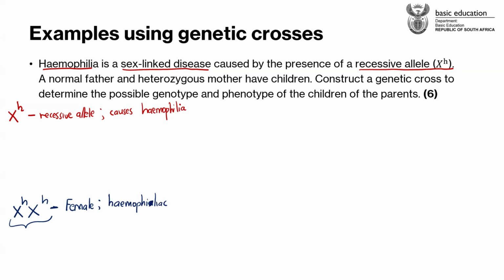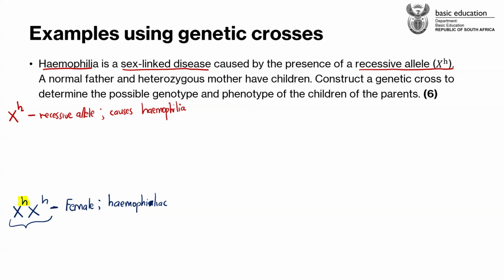So this is a female and she is hemophiliac. So it means that she has got a condition, hemophilia. Right. She's a female. She has got a condition, hemophilia. How did we see that? You guys can see properly here that we have got a recessive allele. If you just focus on those alleles on top, just don't mind the X chromosomes, because the X chromosomes are just there to tell us what these alleles are that are sitting on the X chromosome.